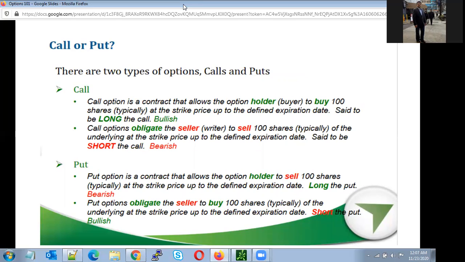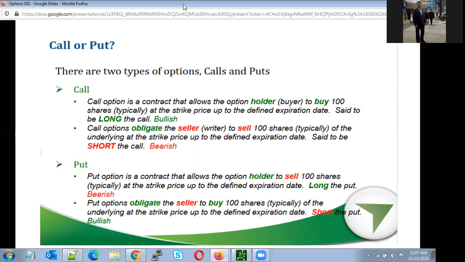Normally when you start, let's start with the buyer side. Don't try to be on the seller side. For the first basic one or two trades, at least a few trades to understand what you are doing, you should always be on the buyer side. We are paying to buy the contract. In the first few trades you are going to pay to buy the contract.